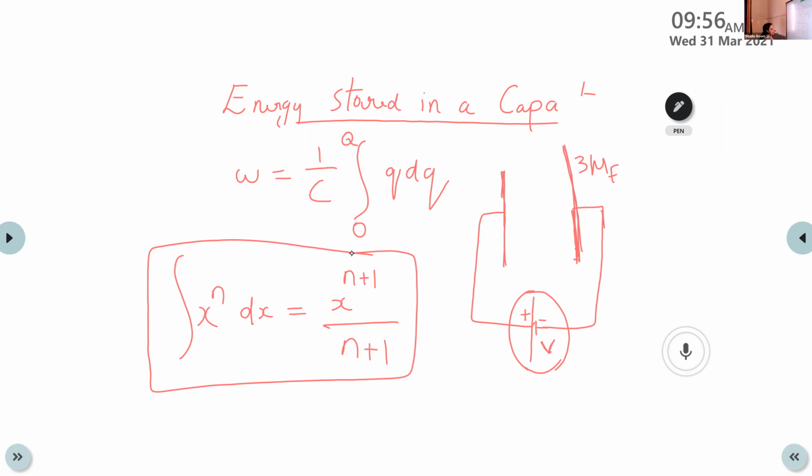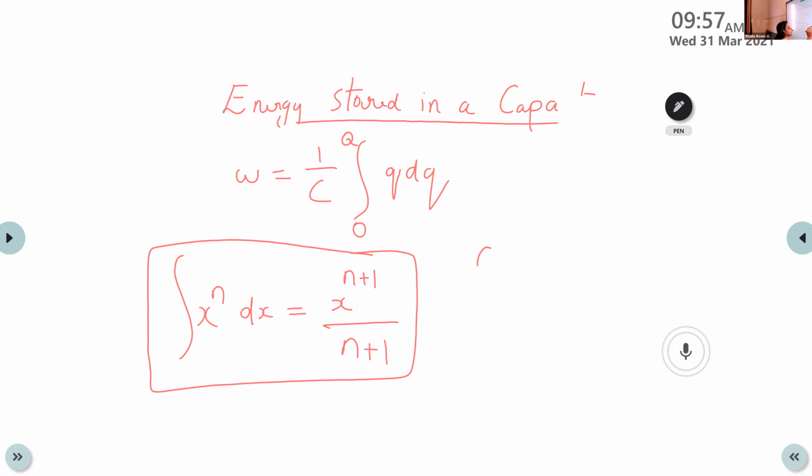Similarly, here also we have a function like this, integral x dx. Then what is the solution of this equation? According to this, x raised to n dx can be solved in the form of x raised to n plus 1 divided by n plus 1. Similarly, here we have x dx, but if there is no number here, we can put it as 1. So integral x raised to 1 dx. How can we solve this?